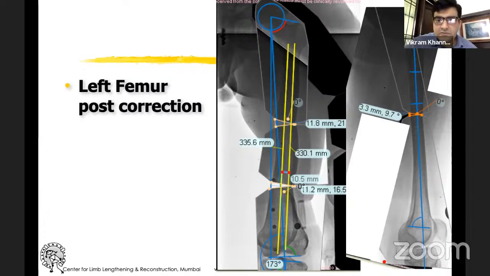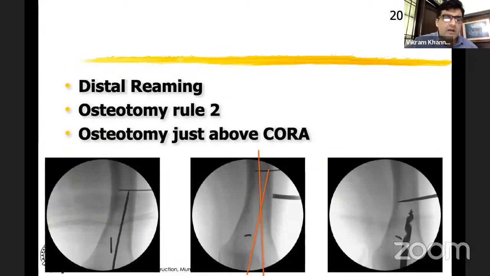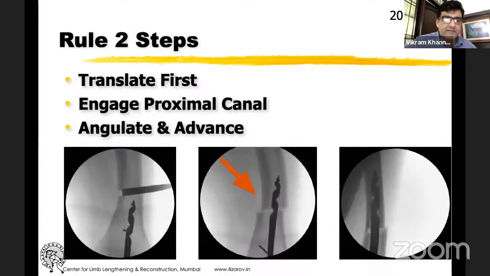The lateral side doesn't show much procurvatum deformity. So now, execution of the plan. On the C-arm we use this protractor and we measure the angle of the guide wire, and the direction of the guide wire is also maintained with the help of polar screws, polar wire. Since the osteotomy was planned above the level of the CORA, we decided to go with Osteotomy Rule 2, and hence translation was